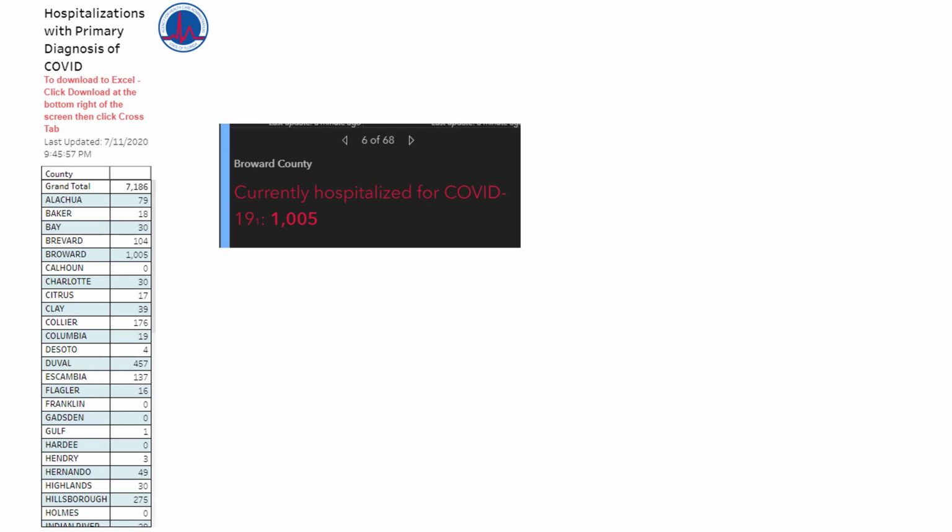So, again, this is the community coronavirus dashboard. Based on my last check, you will not find this information on the Florida Department of Health's main dashboard. I think they're relying on the information on the left reported by the Agency for Healthcare Administration. But on the community coronavirus dashboard, you will find this information now appearing. This is just an example of Broward County. It says the current hospitalized for COVID-19 is 1,005.